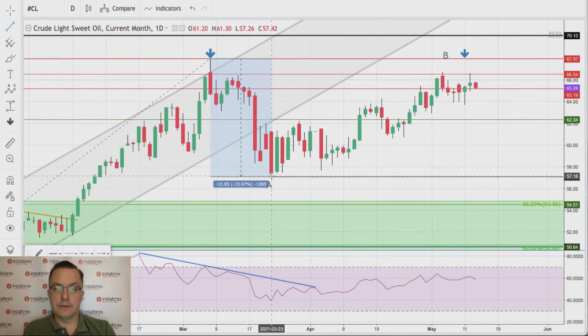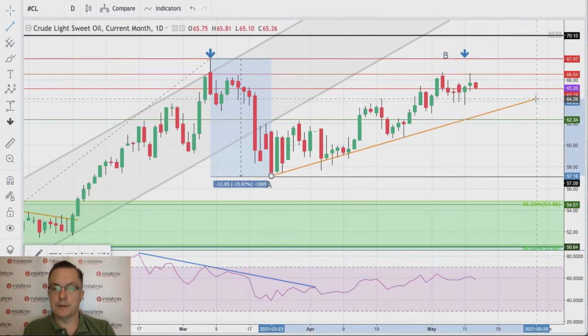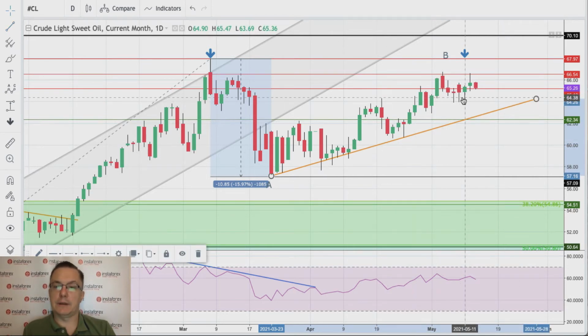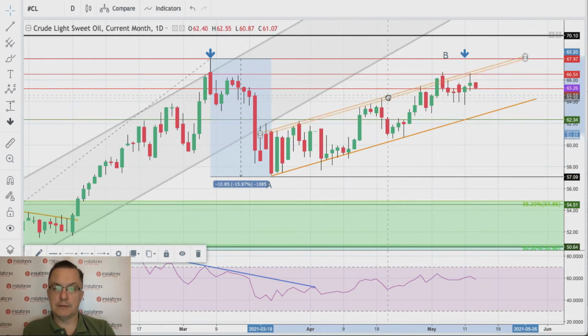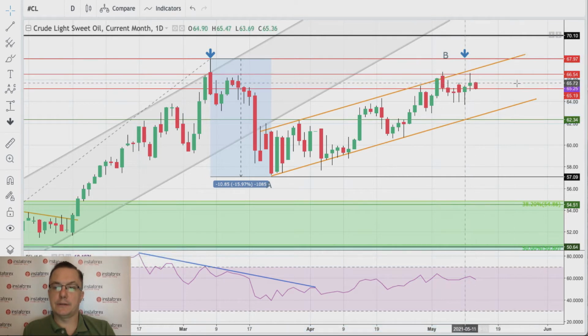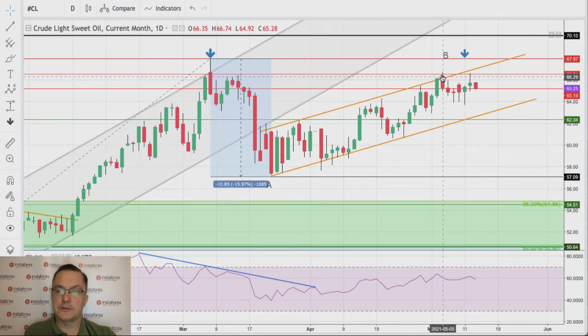As you can see, we can even put some trend line here, and the market keeps trading above this trend line, but there is no new high made yet. Okay, there is no new high. There is still the level of 66.54, which is capping the recent market rallies. And last week bulls tried to break out, they failed. Yesterday they tried to break through this level 66.54, they failed.